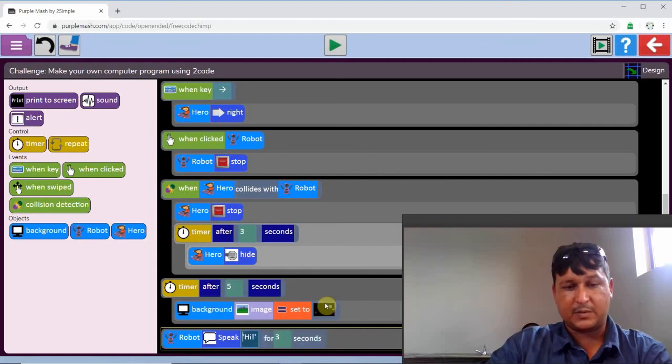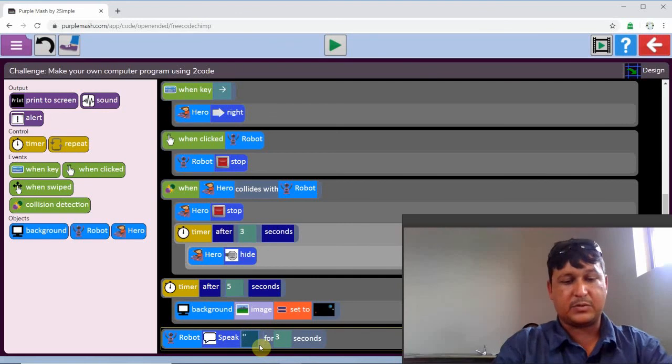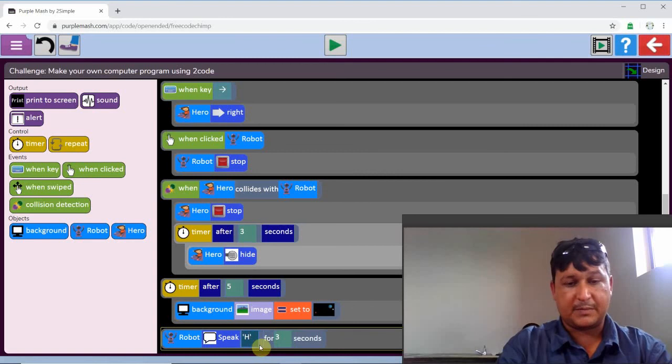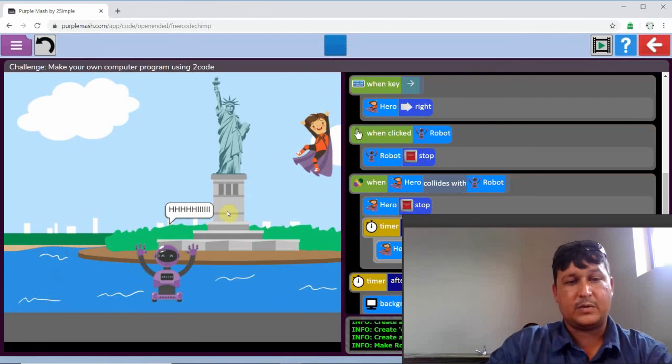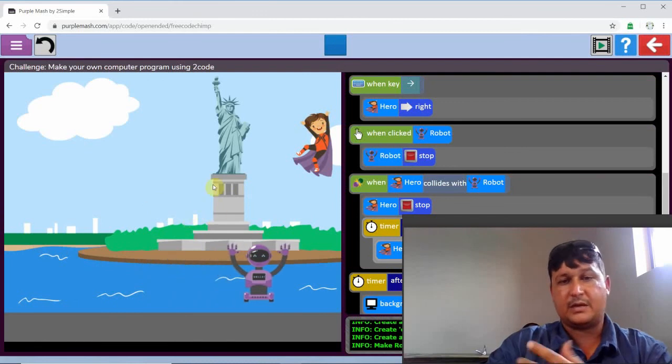If you click on that one, it'll tell you what they are going to say, and you can change this by clicking there, taking out those words, and then typing in whatever you want. So if you want him to say hi in a weird way for 3 seconds, and you then click on the play button, he will immediately say what you wanted him to say, and then after 3 seconds